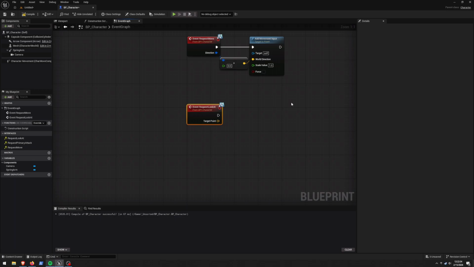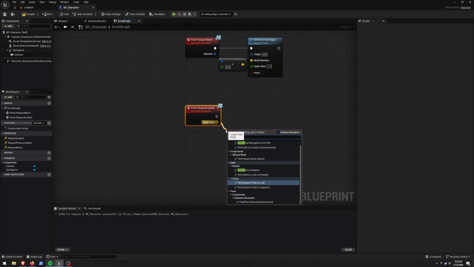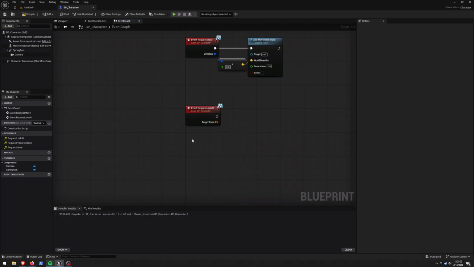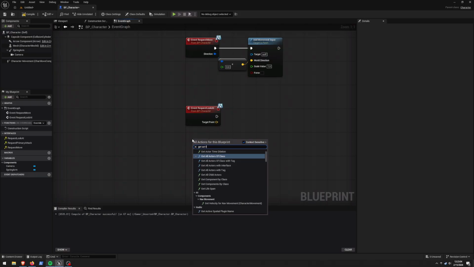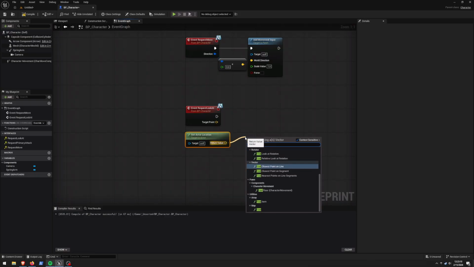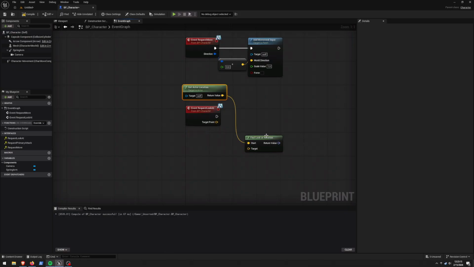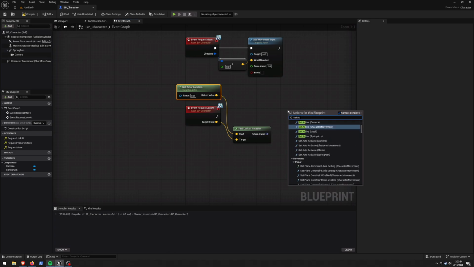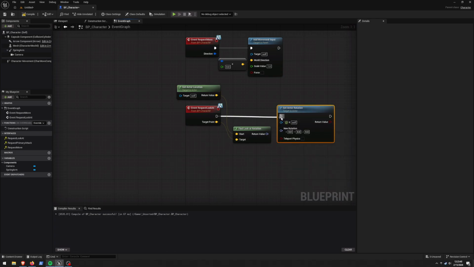And for this, we're going to use the find look at rotation. We'll use our get actor location and find look at rotation. So we have the start of our current location and the target of our target point. And that will give us the rotation that we need to look our character at this point. And then we can use set actor rotation. You can hook this pin into here, pass this value here, and I guess to really know